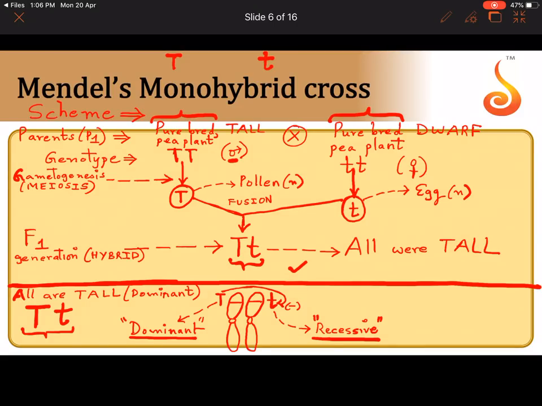So we got the F1 seed. He planted the seeds and he got all F1 plants which were, please remember, tall. So he concluded that the trait of tall is dominant over the trait of dwarf. And I've shown you the same thing at the bottom half of the page here. That there are two alleles, capital T and small t. In which plant am I talking about? This is in the F1 hybrid. The F1 hybrid has one capital T, one small t. Capital T is dominant over recessive, that is small t, and as a result all the plants were tall.